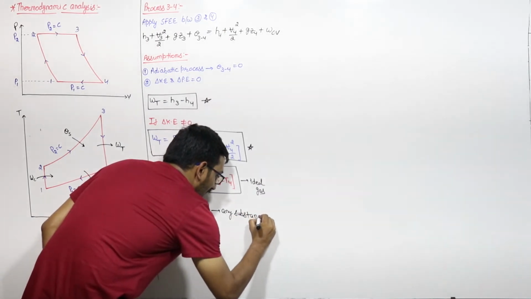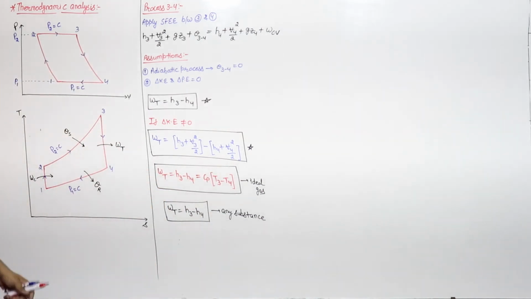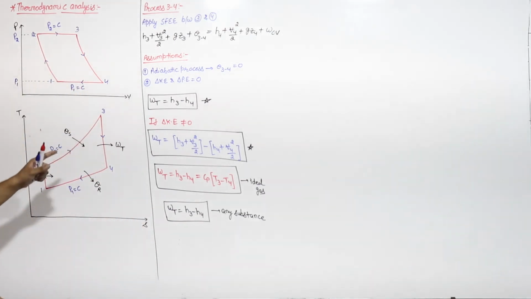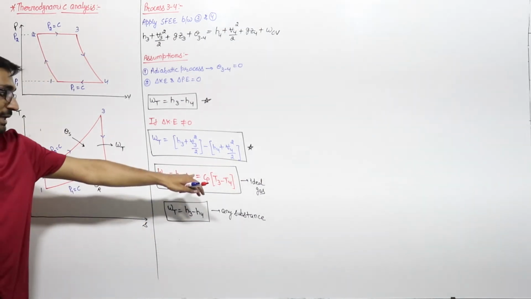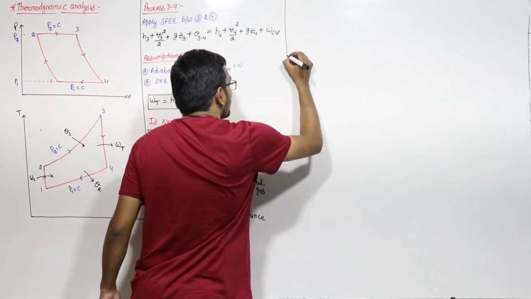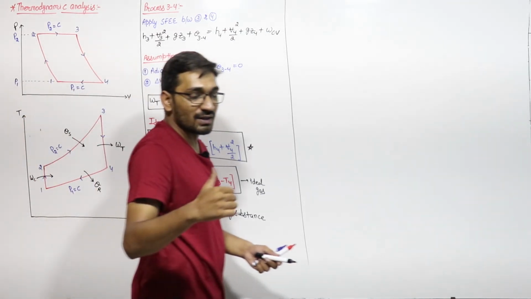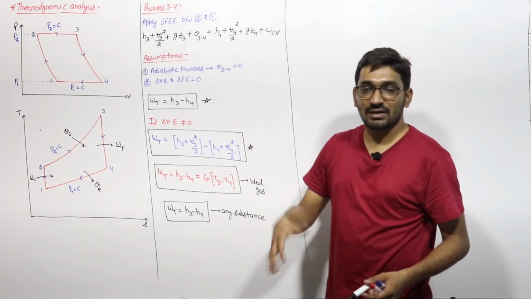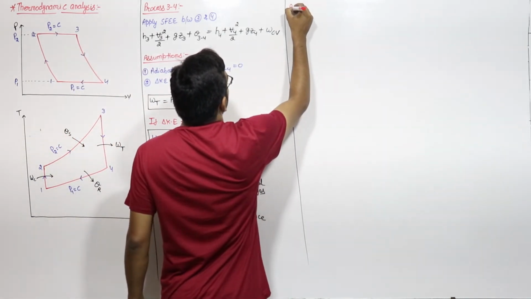But if you want to write this in terms of temperature, that is Cp into T3 minus T4, that can be written only when the gas flowing in this cycle is an ideal gas. Otherwise you cannot write this equation. Remember this. Similar to the compressor, work required by the compressor is Cp into T2 minus T1. You can write that only when the gas is an ideal gas. Otherwise you have to write H2 minus H1. Similarly, we can solve for the process 4 to 1.